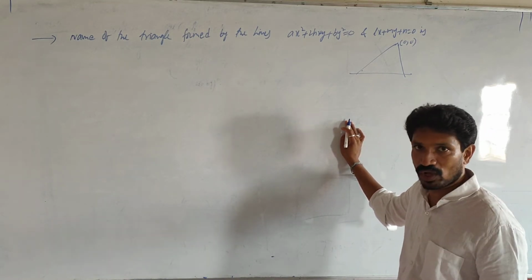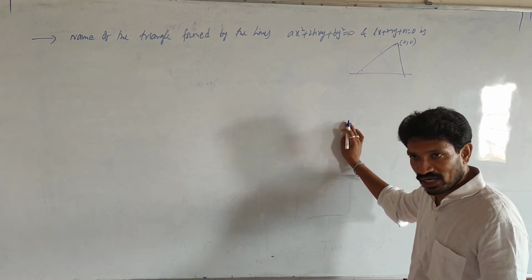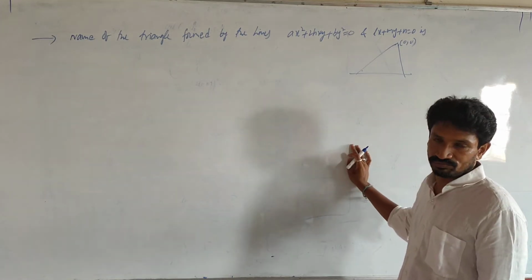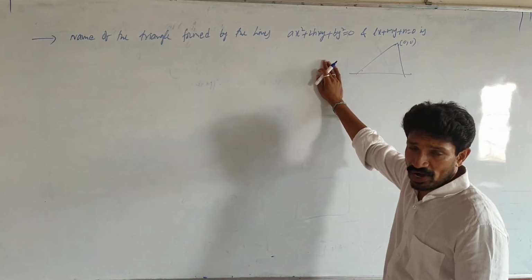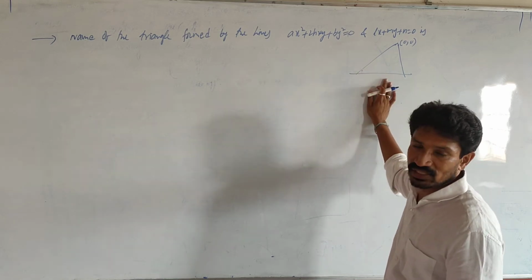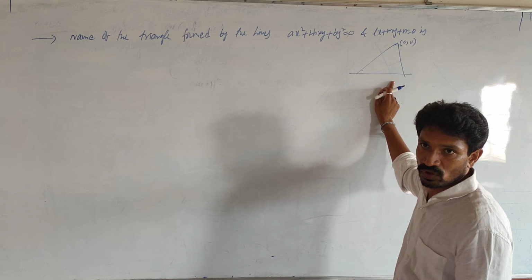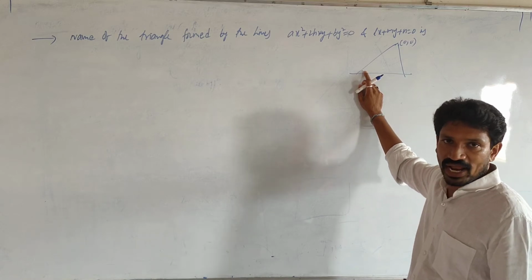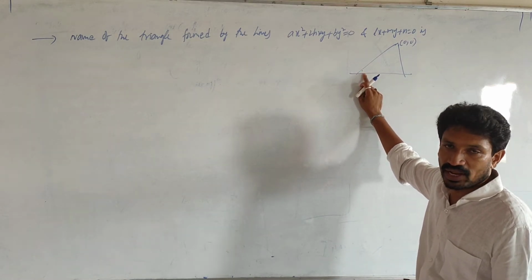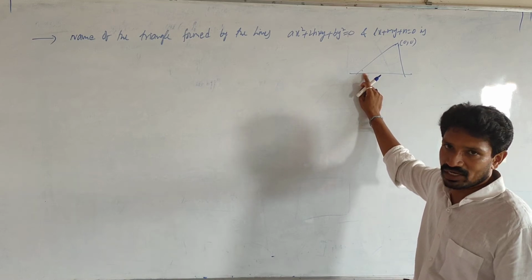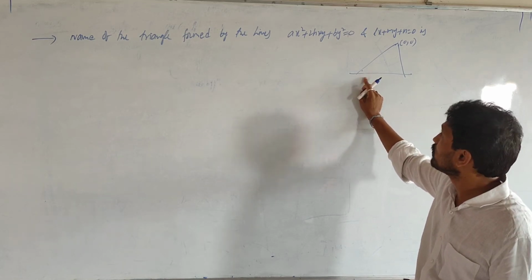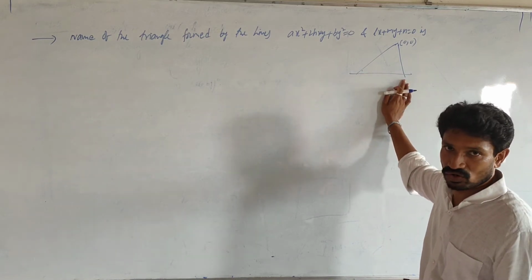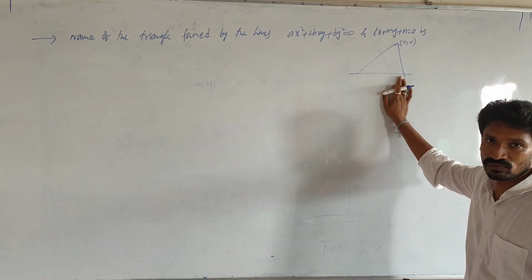If tan square theta is equal to 1, or tan square theta is equal to 3, or tan square theta is not equal to 1, 3, we can decide it by using theta. But if you don't know the angle, we have to find out the angle between this line and this line, this line and this line. Automatically, if theta is equal to 45 degrees, it is a right angled isosceles triangle. 60 degrees, equilateral triangle. Otherwise, not equal to 1, 3, it is just an isosceles triangle. Always it is an isosceles triangle if it makes an angle theta. That means if both the angles are equal, it is an isosceles triangle. Okay, that is one method.